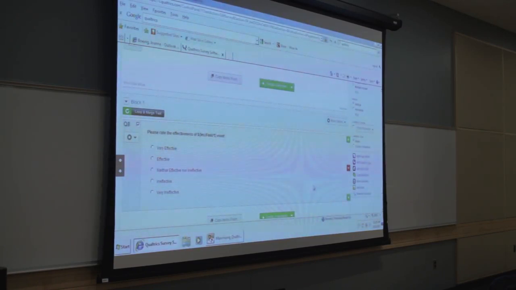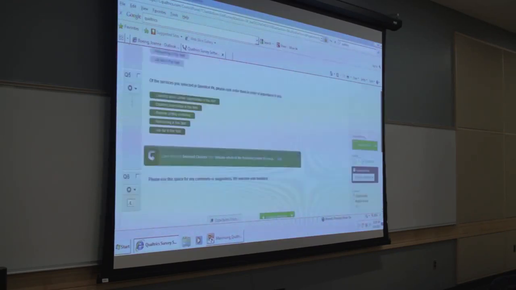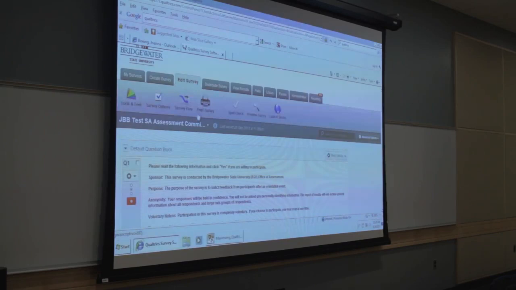Okay, any questions on loop and merge? You'll see how it works when we preview it. I'll hold off on that for a second. We talked about pipe text. The other thing I want to show you is if you scroll to the top now and click on survey flow,